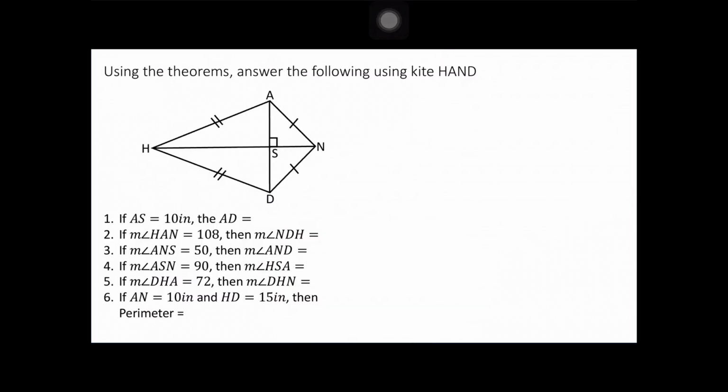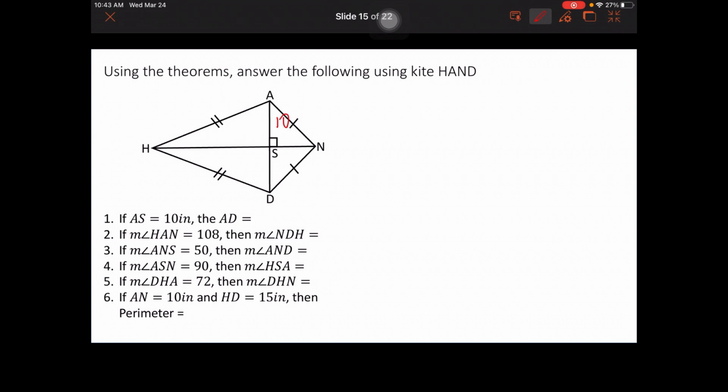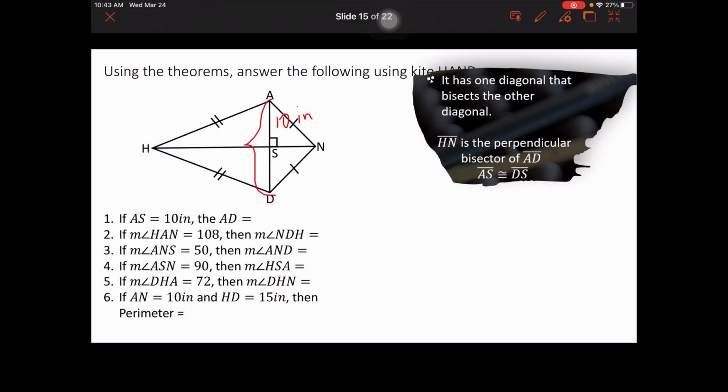Now, magbigay po tayo ng example na magagamit natin yung mga theorems related to kite. First, number 1, if segment AS is 10 inches, nalagyan po natin ng 10 inches, the segment AD is equal to blank. Ito daw pong AD na to, ano daw sukat niya? Since, according to this theorem, it has one diagonal that bisects the other diagonal. Sabihin daw, the segment HN is perpendicular bisector of AD. Then, segment AS is,